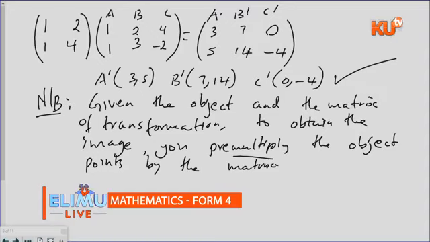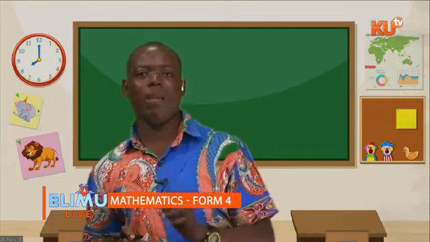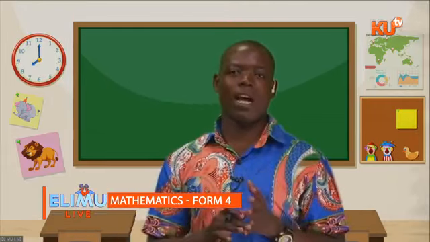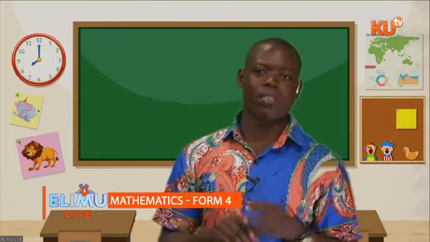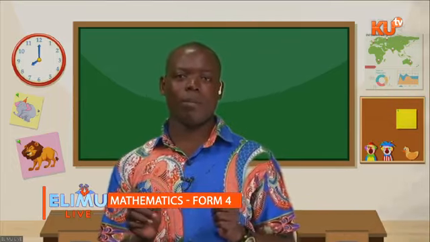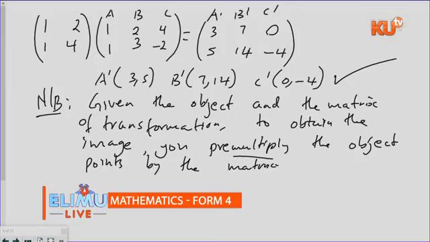That is part 1 of our discussion on this topic: we obtain the image by looking at the matrix of transformation and the object, and then we do the pre-multiplication to get the image. Number 2 is captured in our example number 2. That should be our question number 3. We are told to determine the